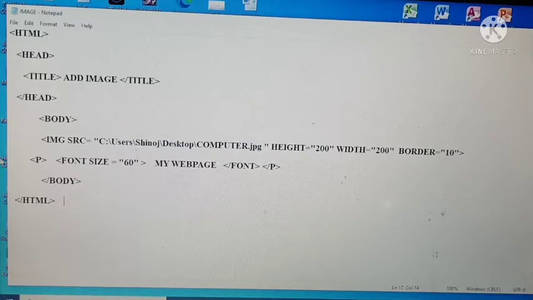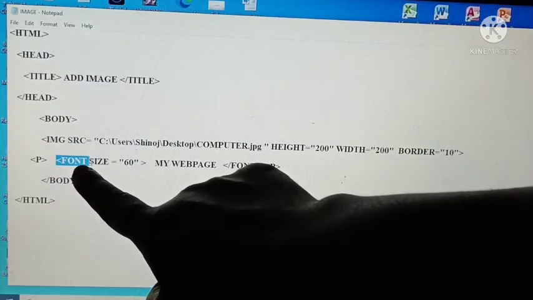The appearance means which are the appearance of the text document? Font size, font color, or text size, or letter size, or letter color, letter face, letter styles. These all are the appearance of the text. For that we use which tag? Font tag. Okay, so can you see that this is font tag?